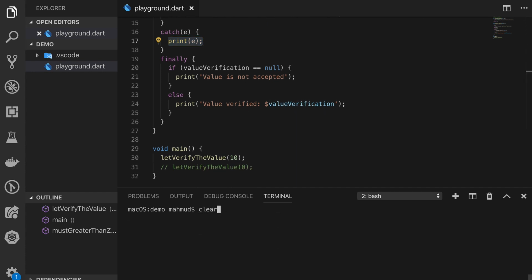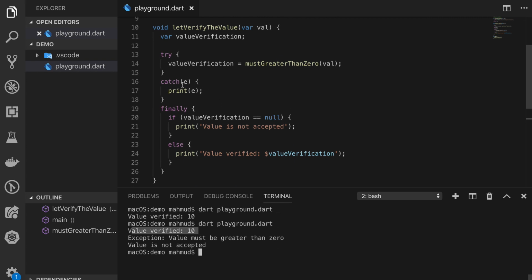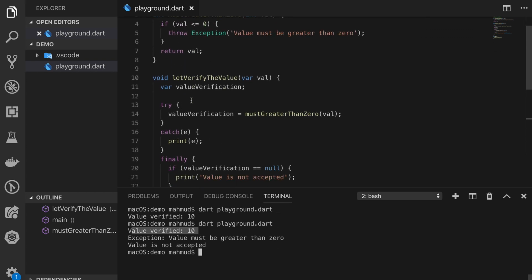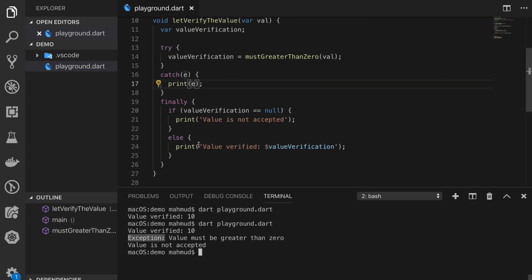So let's run this program. You see in the first case it is printing value verified by 10, but in the second case when we are passing the value 0, this catch block basically captured this exception that value must be greater than 0. You see this message is printing in here, after the word exception. And then in the finally block we also captured the value, I mean the message, and here it is printed